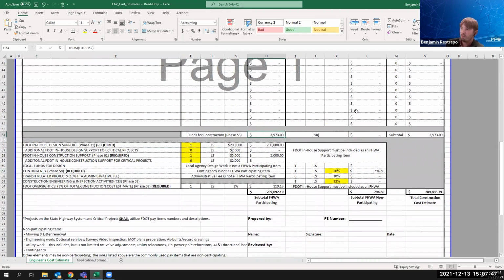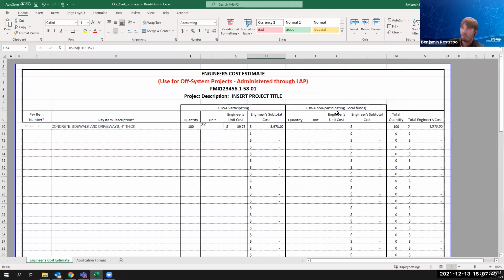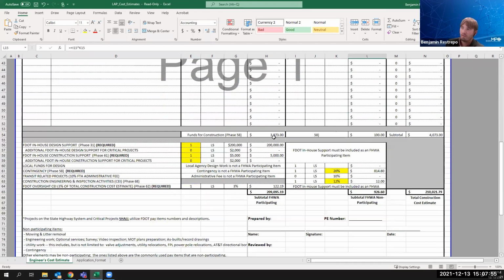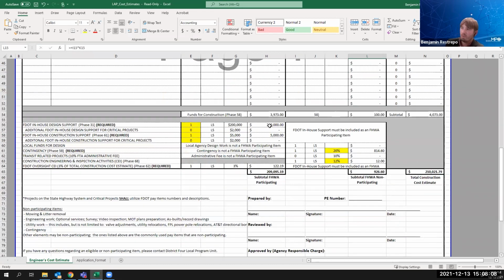And then once you add those up with the FHWA non-participating items, we'll just type in something here, say $100. So we have $3,973 and another $100, and you'll get your subtotal. That's both the participating items and the non-participating items. So then this would become your funds for construction, right? Once you add in the design, the CEI, and any other of the things listed here,